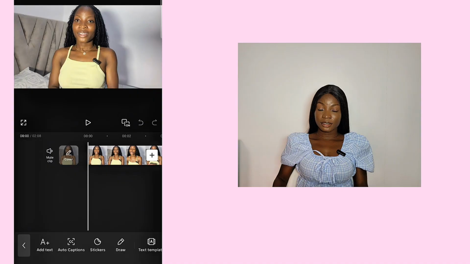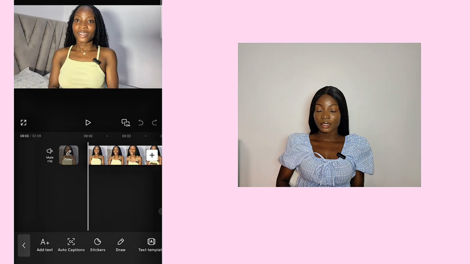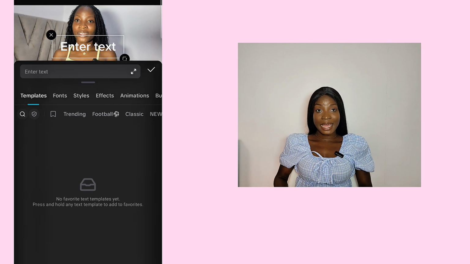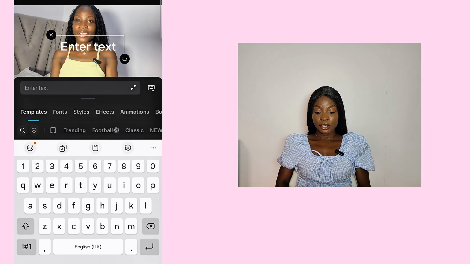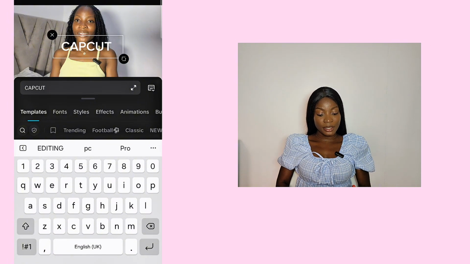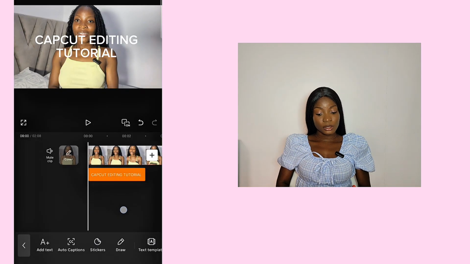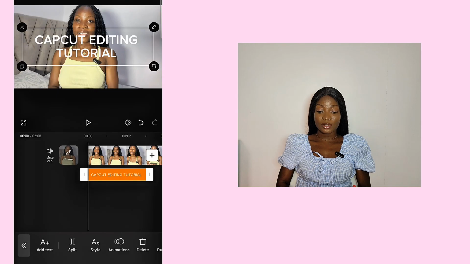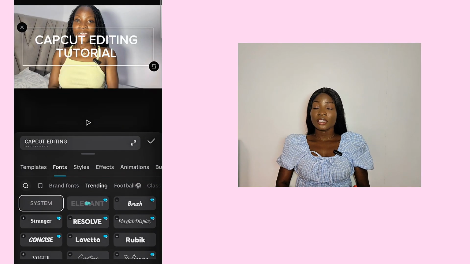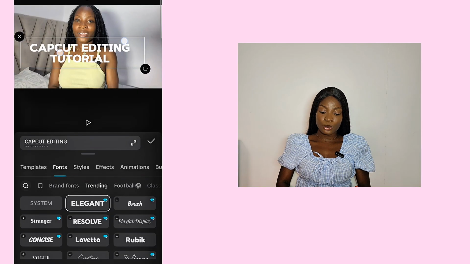So the next one is text. Text is quite easy. It's just you playing around with your words as you wish. So the first thing you need to do is click on add text. So as you can see, you're going to add your text, type in whatever text you want to type in. After typing in, you're going to select your font, which is the style, the way you want your text to look like, whether you want it to be straight, to be cursive, or a different type that you want. After that, you're going to select your style, which